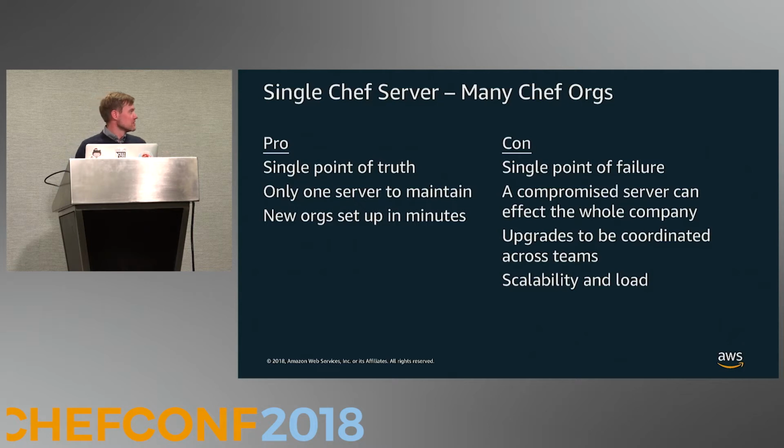So if you have this one single Chef installation, I would say, because I would assume that if you have multiple teams running against one server, you already have HA in mind. So you have the single point of truth, which is great because if you think about maybe your DevSec team that is taking care of security and compliance, they want to have this one single point of truth where they can inspect what's going on, who has the right hardening cookbooks installed, what are they running, and is everything okay with our standards. And to have this one server to maintain, this is also a bit easier